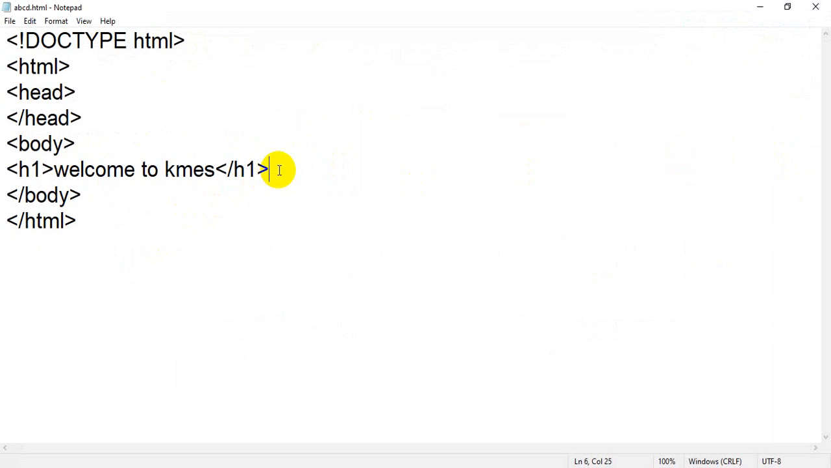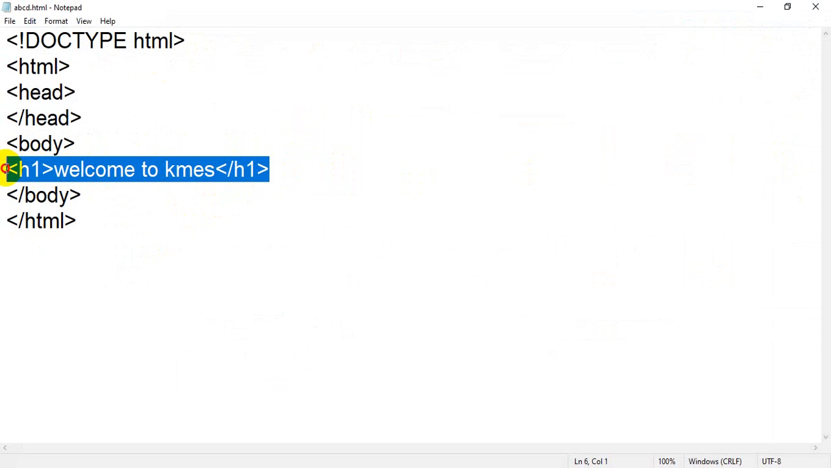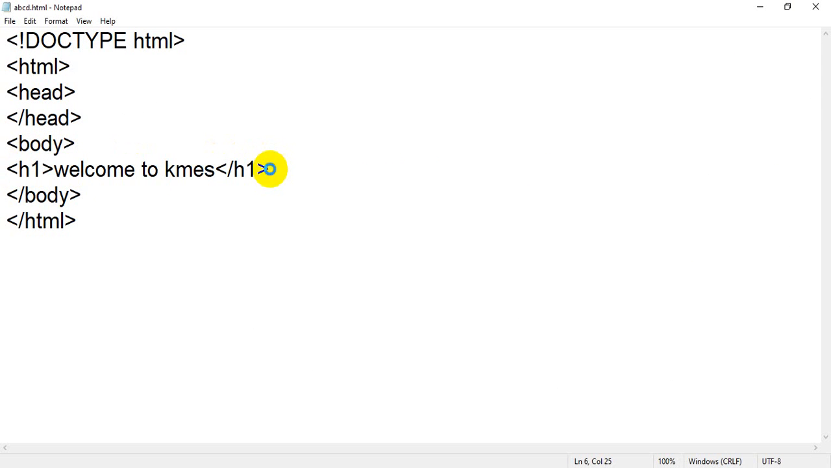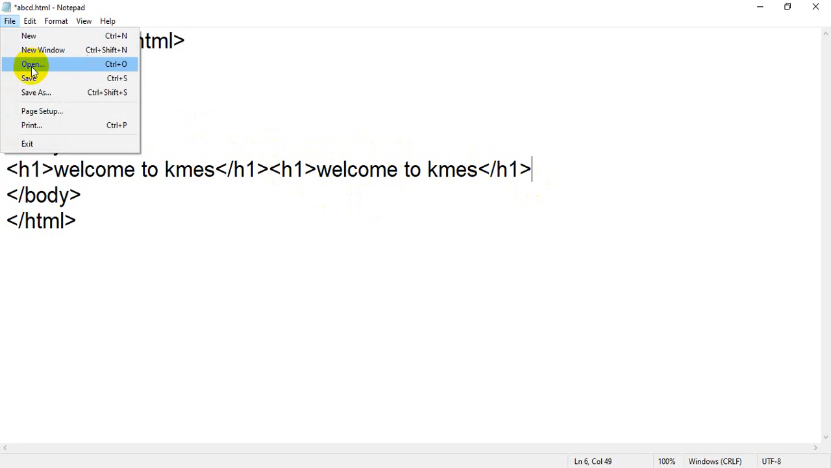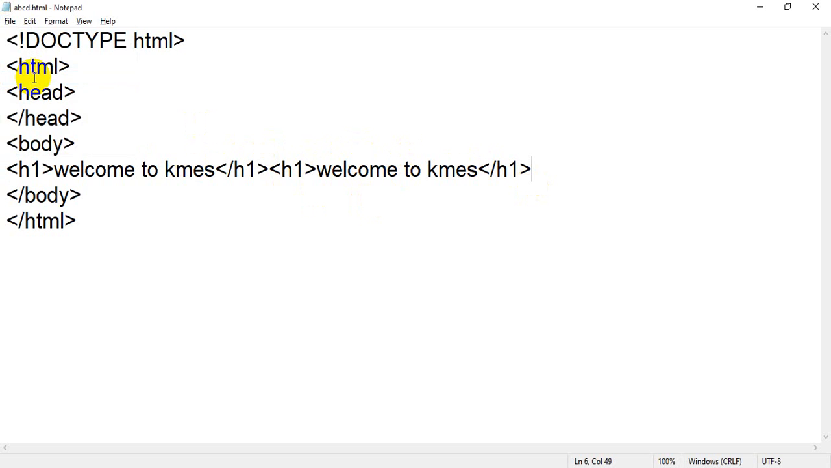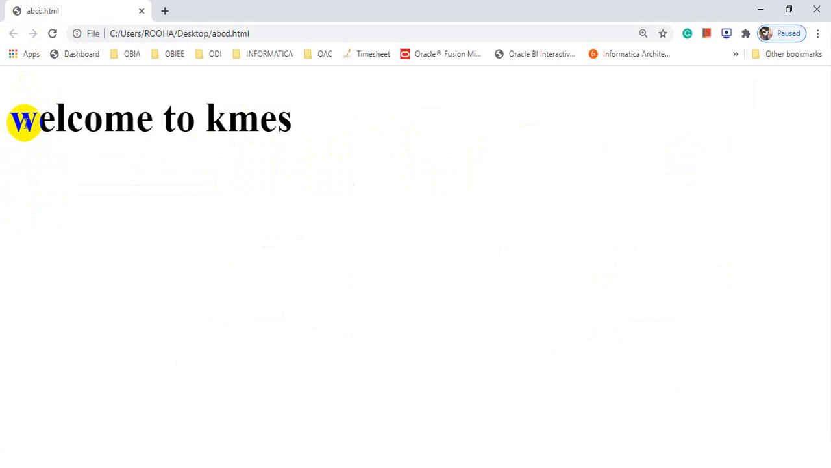Now if I add the same thing, I have pressed Control C, and on the same line I am going to press Control V. It means in the same line I have added one more h1 tag, welcome to KMES. When I click on save, you will notice the new h1 tag which I have just written will come after this line, or it will display in a new block. Let me refresh. See,